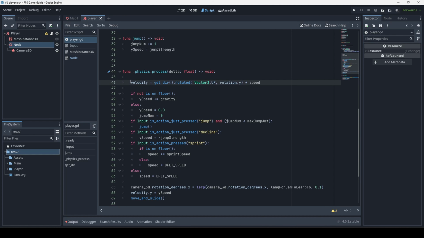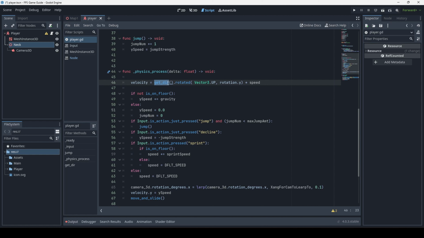Okay, so we'll set velocity equal to get direction, which is a function we'll create in a second, and we'll do dot rotated Vector3.UP, rotation.y, times speed. So the dot rotated just basically gets the direction we want to face, and then times speed will just actually make us move forward, and get direction will check